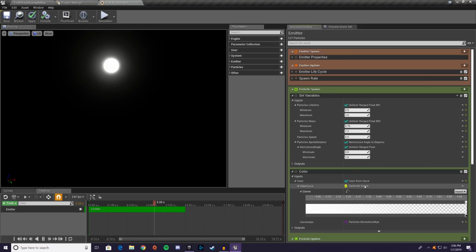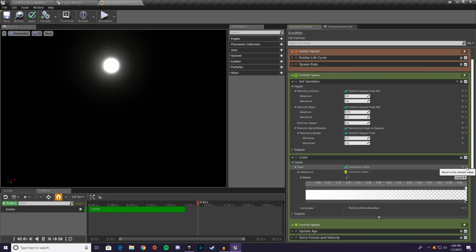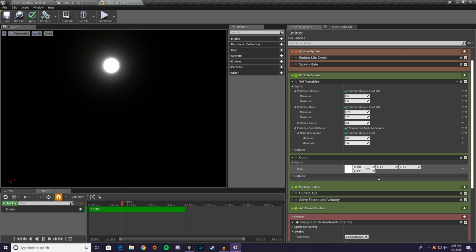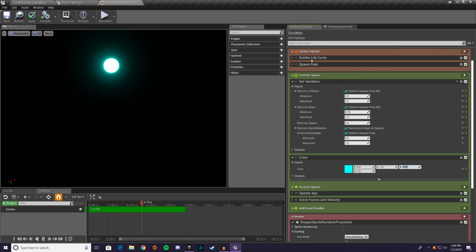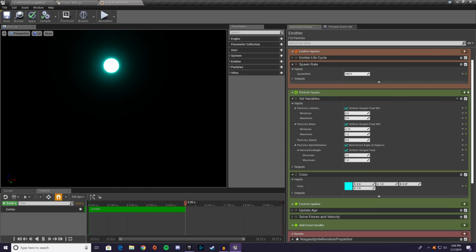Let's just start off by changing the color. So we're going to reset this curve here to a constant. Like I said, we wanted a constant, and we're going to go 0, 1, and 0.97, and that will be our color. You can see this material is additive, so it's just spawning all these water drops on top of each other, and they are getting super bright as it spawns a bunch of them. I mean, it's spawning like 100 every time, so that's a lot of particles